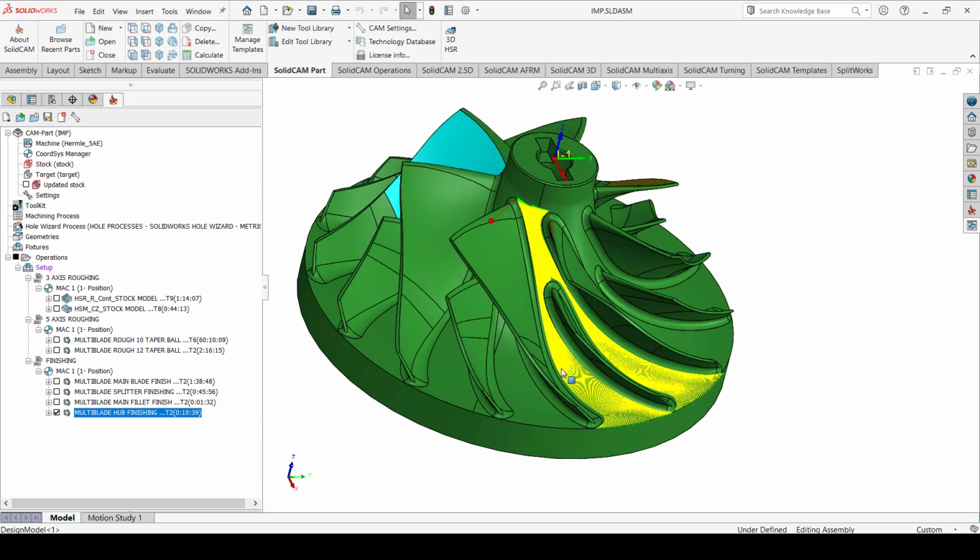So multiblade machining is a very specialized function inside SolidCAM simultaneous 5-axis machining, and it's meant for machining impellers and